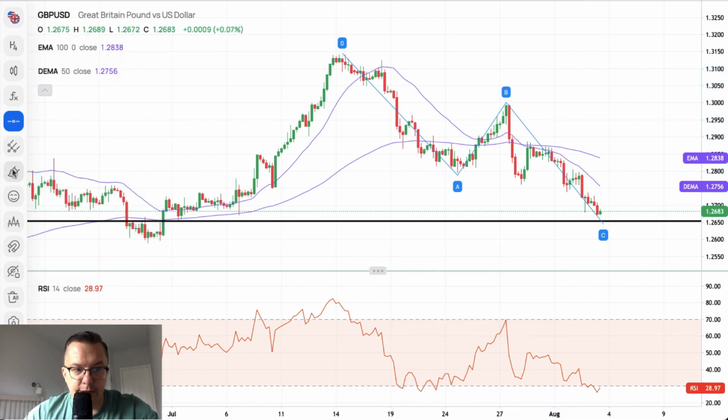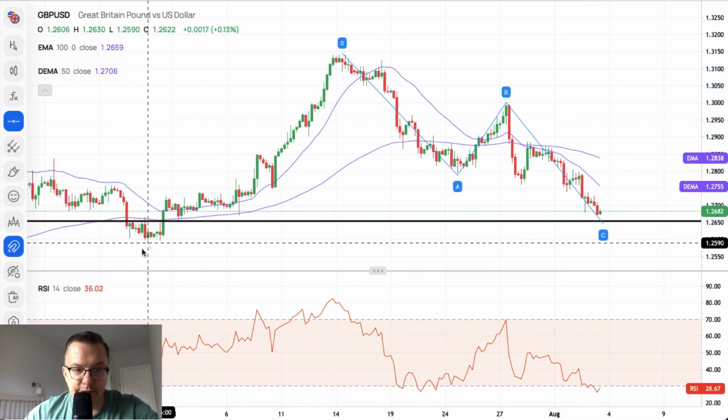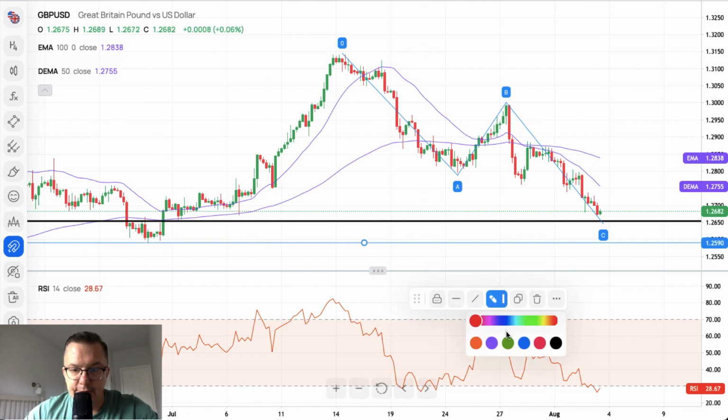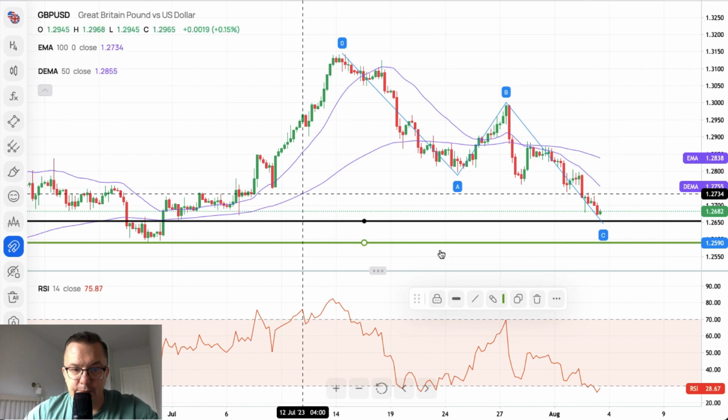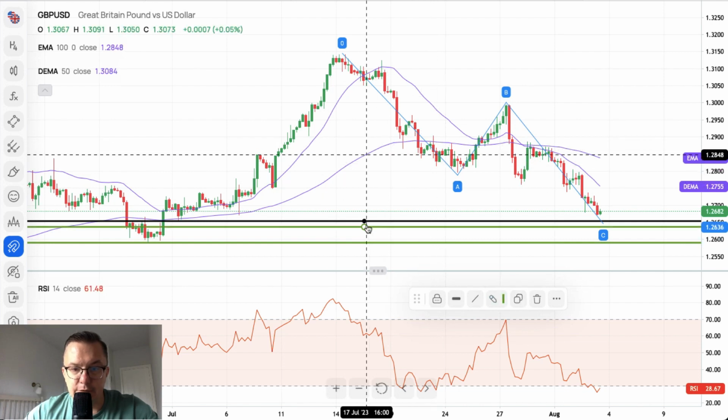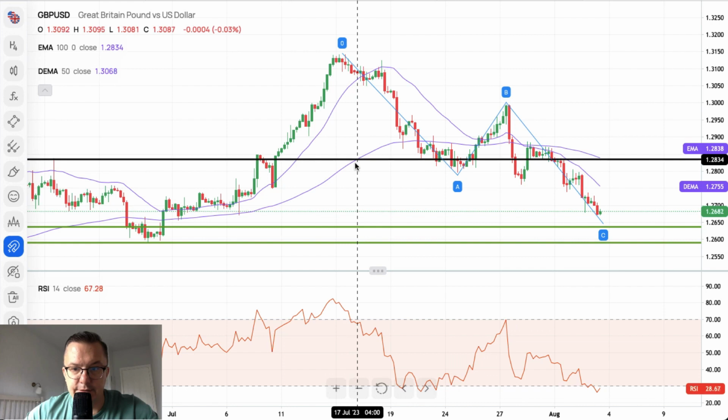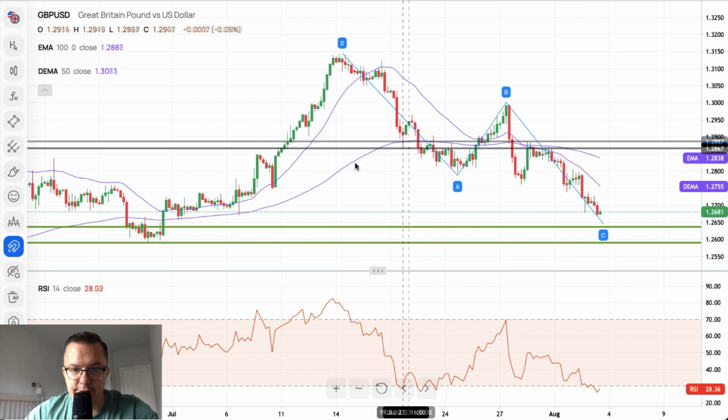So in case of a breakout lower, nevertheless, we should expect the market to test the level of 1.2590 immediately, because this is the key technical support. Oh, sorry, it's the key technical resistance. Okay,